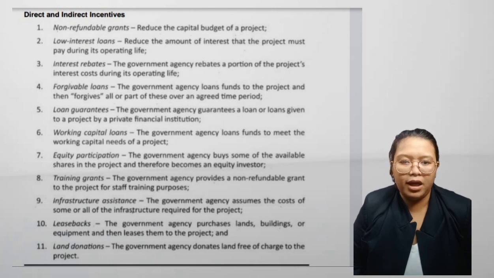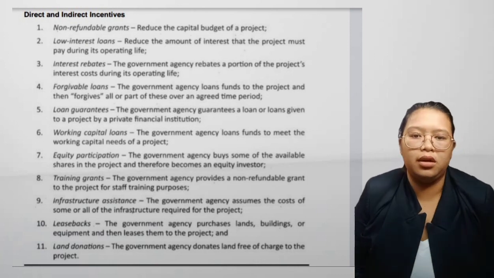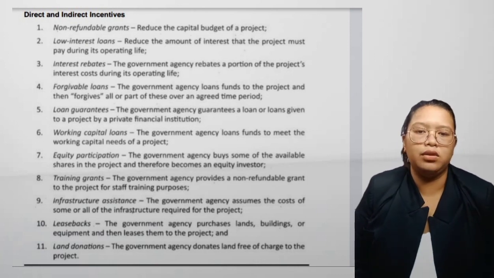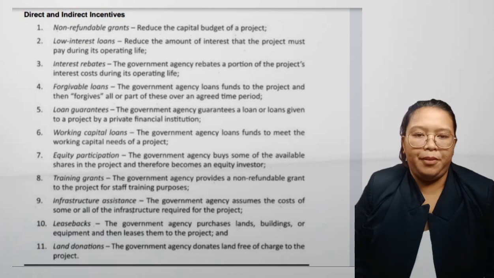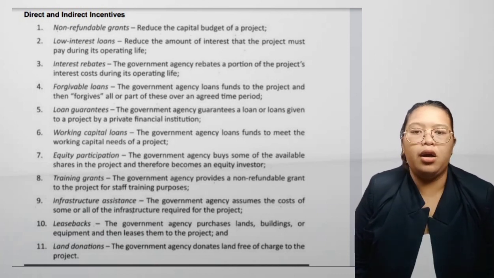The government agency rebates a portion of the project interest cost during its operating life. 4. Forgivable loans. The government agency loans funds to the project and then forgives all or part of this over an agreed